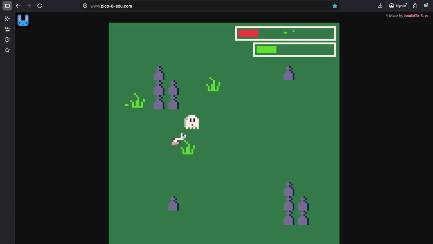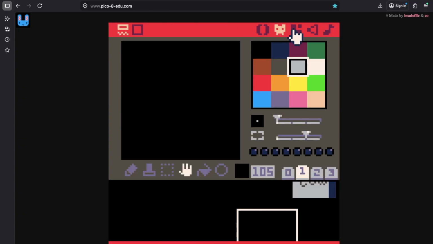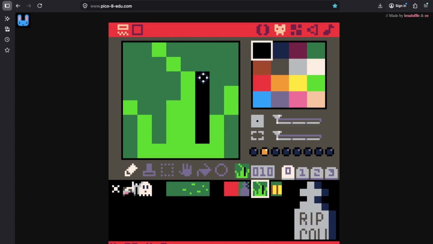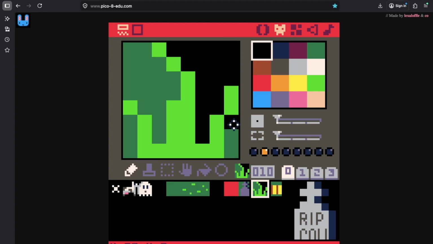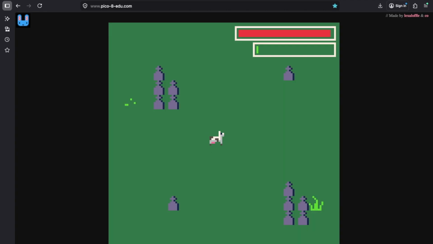There just are a couple of bugs like the grass overlapping. What I'm going to do about the grass overlapping is I'm not going to change the code. I'm going to change the sprite of the grass. Because here, you see how it has a green background? I'm changing this background to be just a transparent background. And it still will overlap with the headstones, but it is going to look a lot nicer, and that's what matters. And if it turns out that one spawns in a place that you can't reach it, that's a you problem. That's too bad. That's just the way the cookie crumbles.